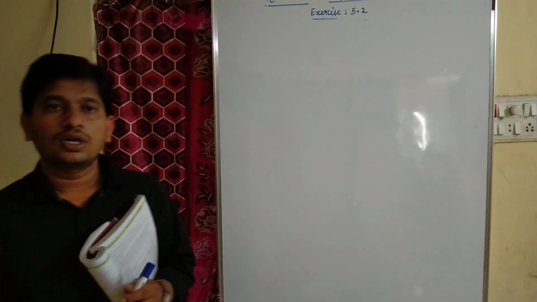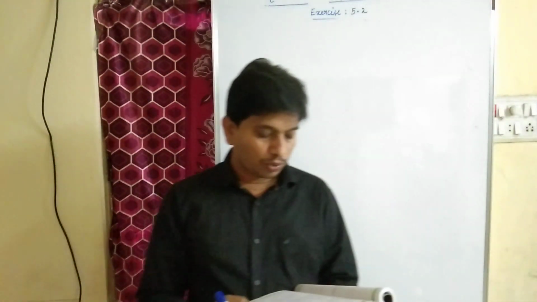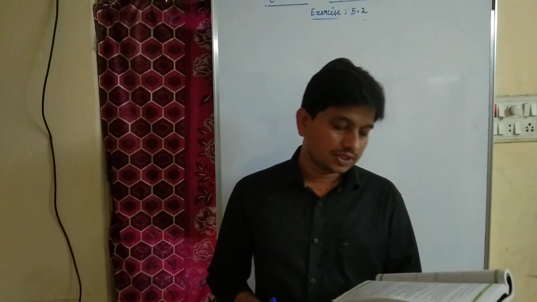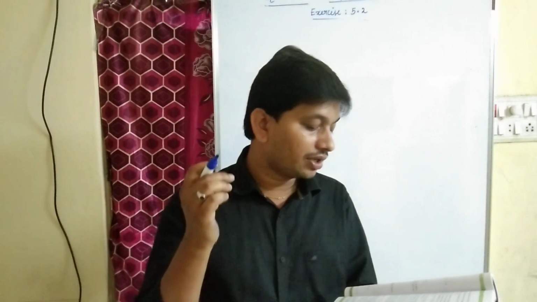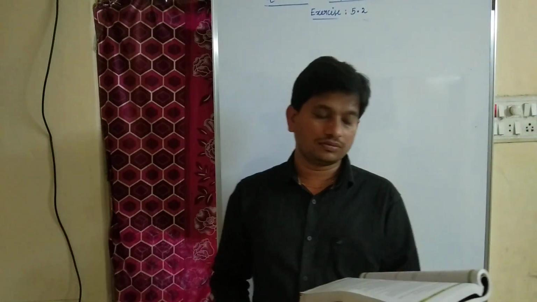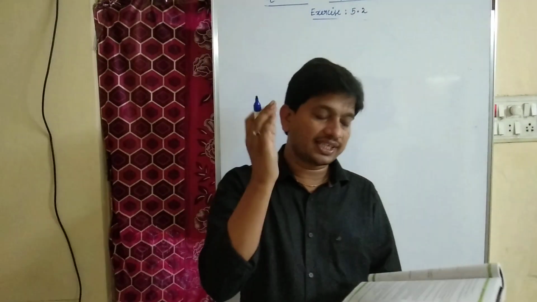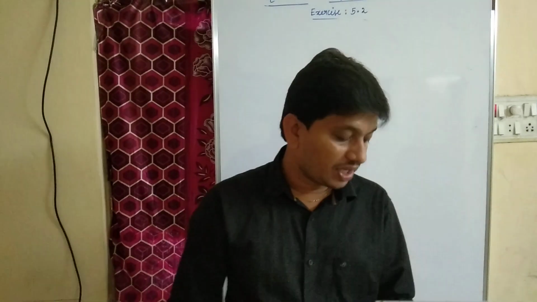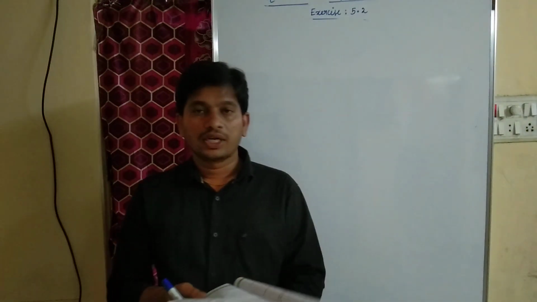Now coming to the last question. A motor boat heads upstream a distance of 24 kilometers in a river whose current is running at 3 km per hour. The trip up and back takes 6 hours, assuming that the motor boat maintained a constant speed. What was its speed in still water?